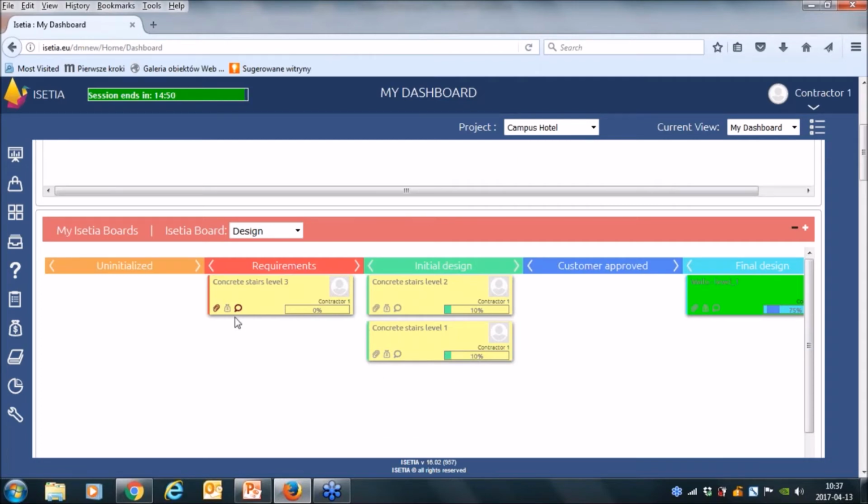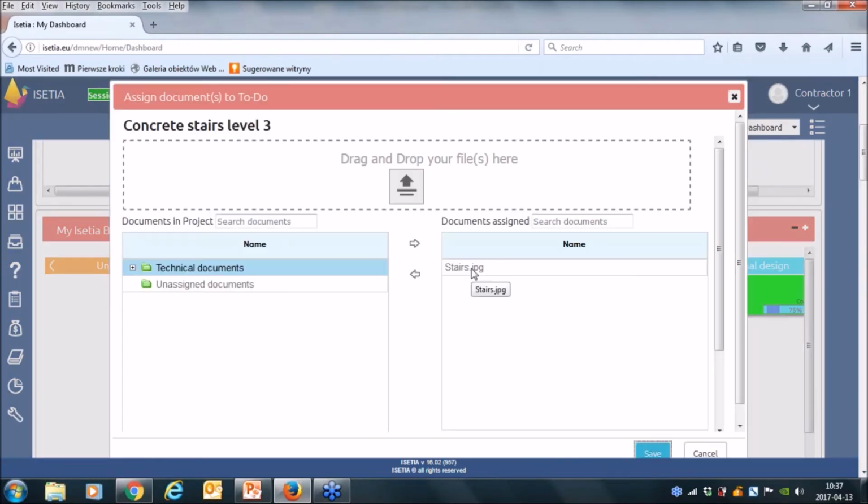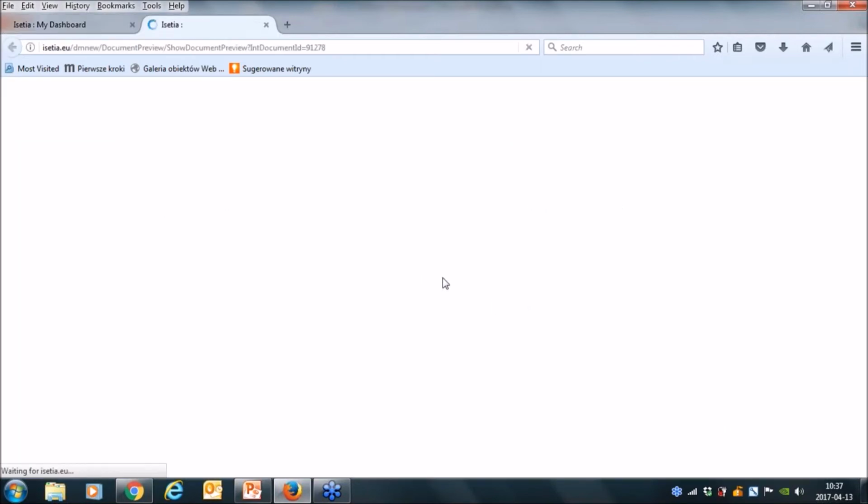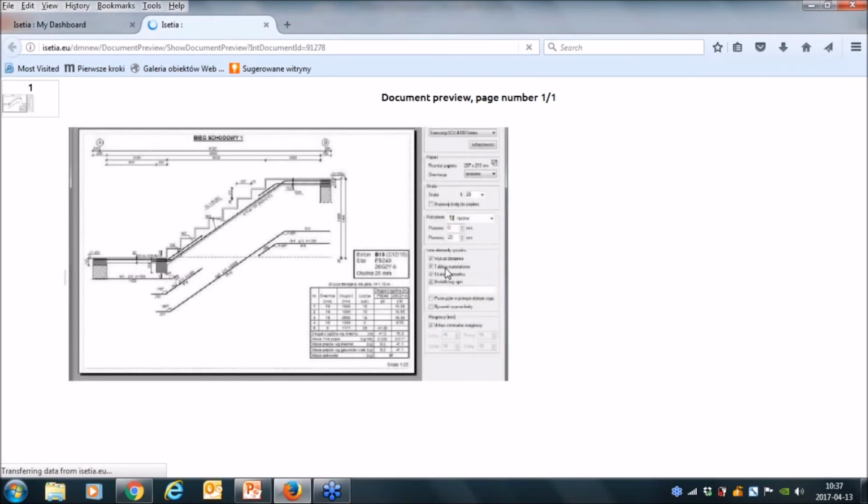And of course, from this side I can also see documents which are assigned to this to do. For example, this stairs. I can even open this document and see some solutions, some work product which are delivered within these tasks.